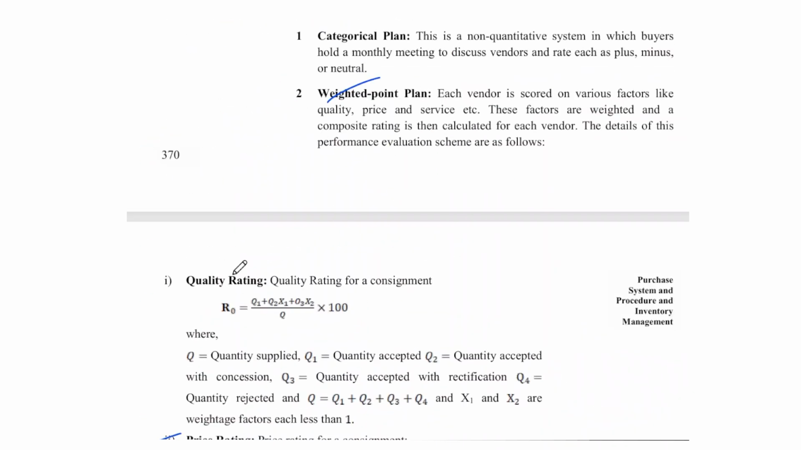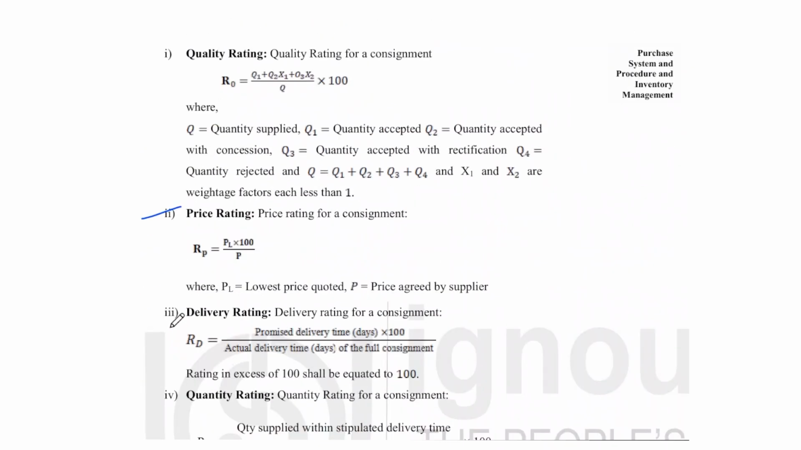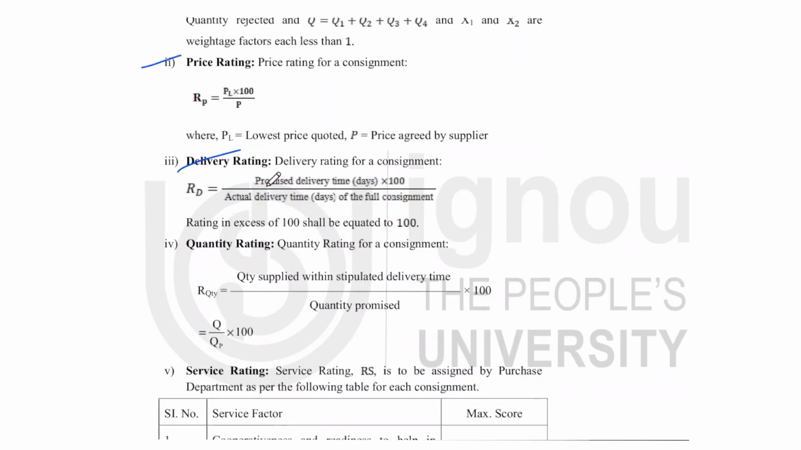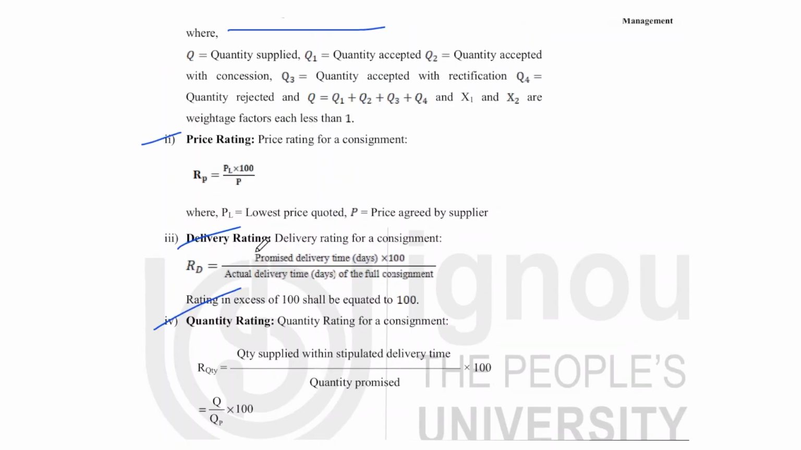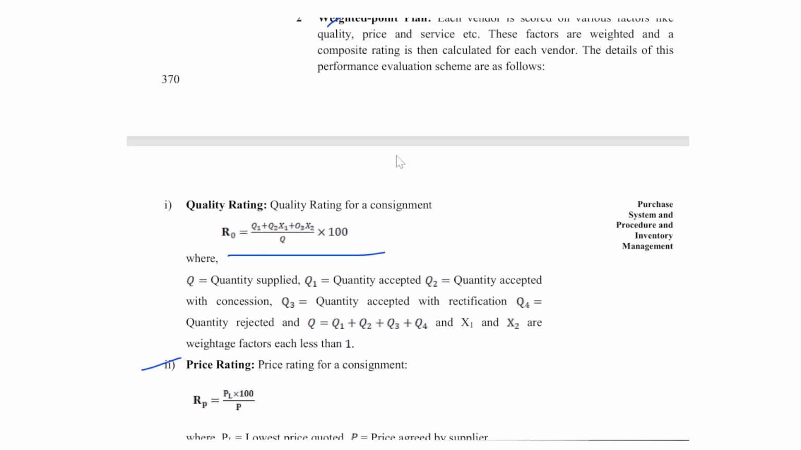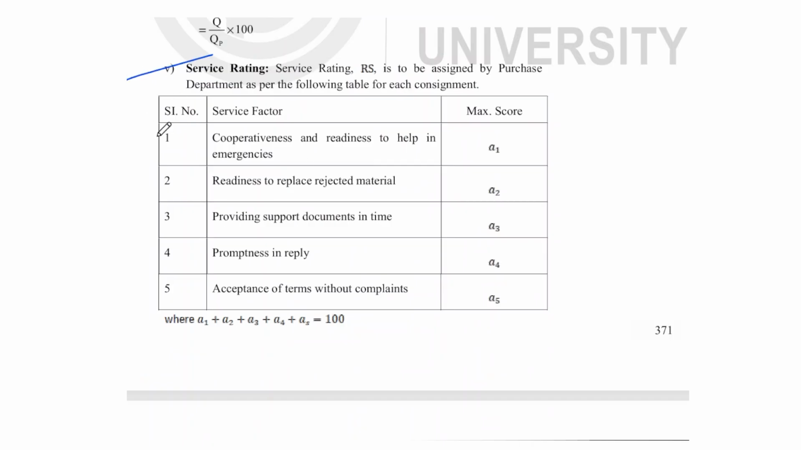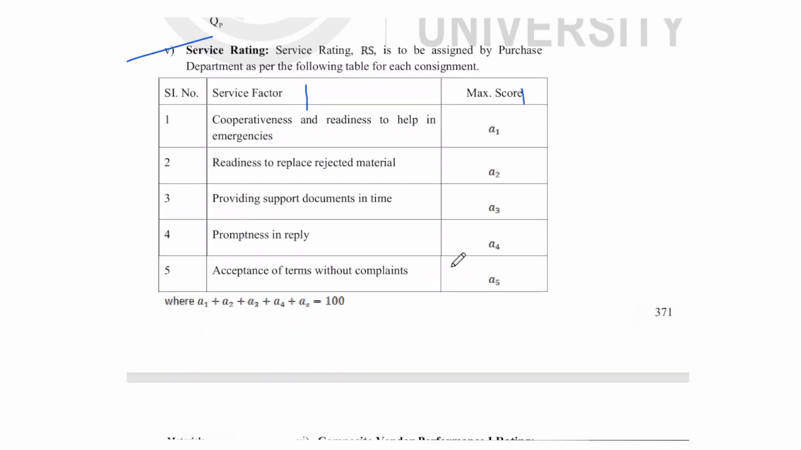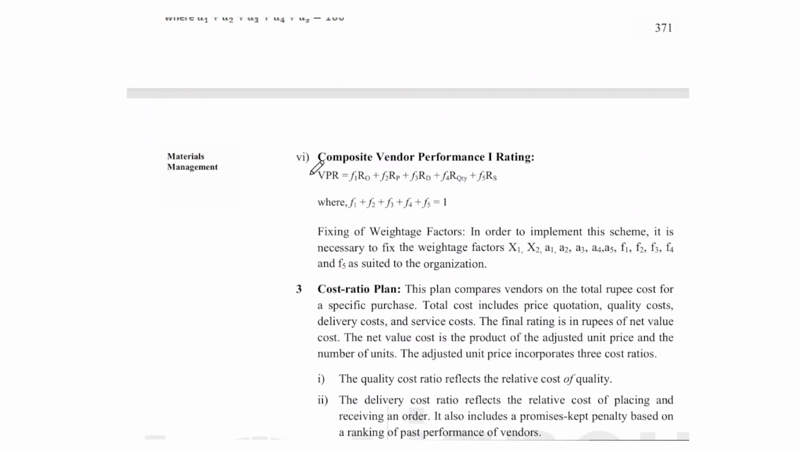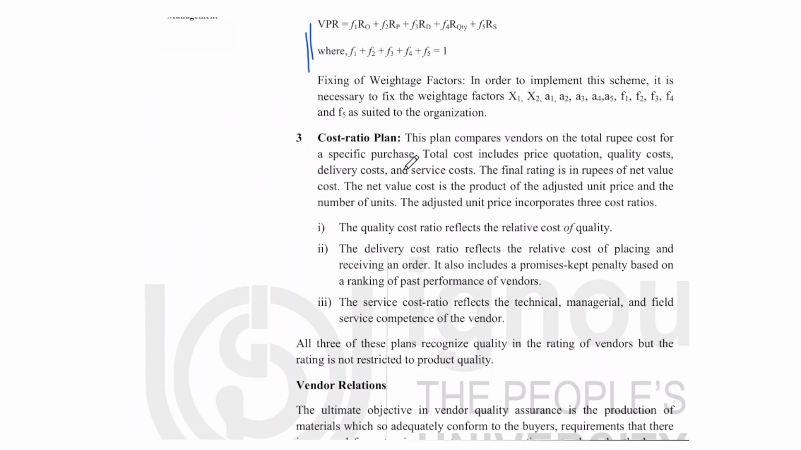Under the weight point plan there is quality rating, price rating, and delivery rating, and an equation also under this. Please refer to your IGNOU study material MMPC 009, and quantity rating also. Okay, so these are 4 points under the weight point plan. Okay. And for service rating there are service factors and their scores also, and accordingly they made the equation. Okay. And the cost ratio plan: this plan compares vendors on the total rupee cost for a specific purchase,